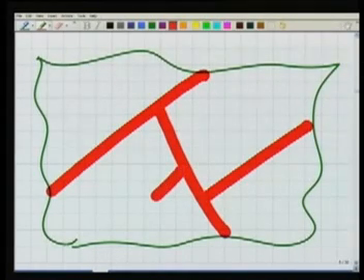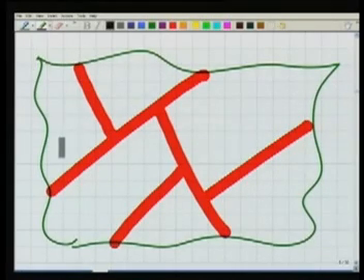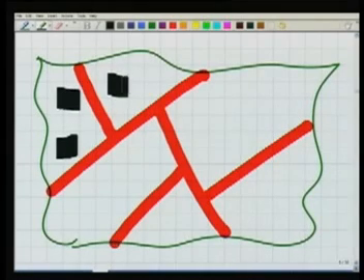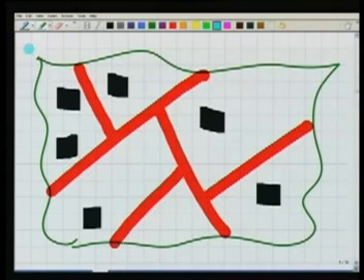I'm just showing a smaller area which you can relate easily with. The area could be very large also. We also have some houses here. We have several trees and other things here,